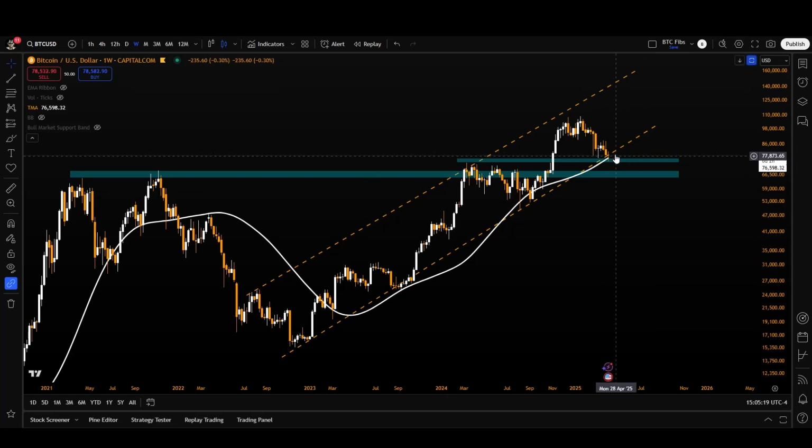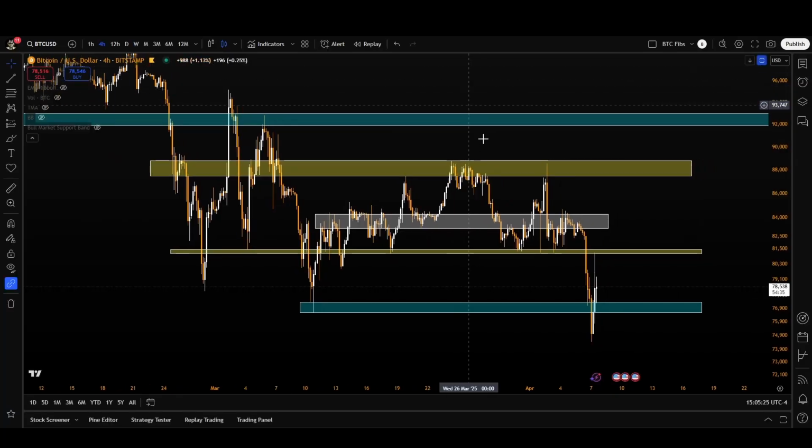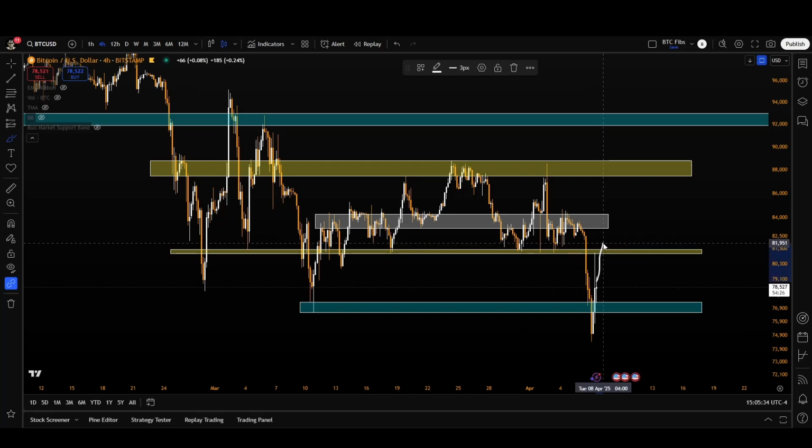I think we're at a very interesting spot for Bitcoin. Of course, back to the technicals, what I really want to see outside of the sentiment is Bitcoin trading back within these two yellow boxes as soon as possible. If we do push back up and Bitcoin starts trading and closing around 82,000, then this may have been one of the craziest Black Mondays and swing failure patterns